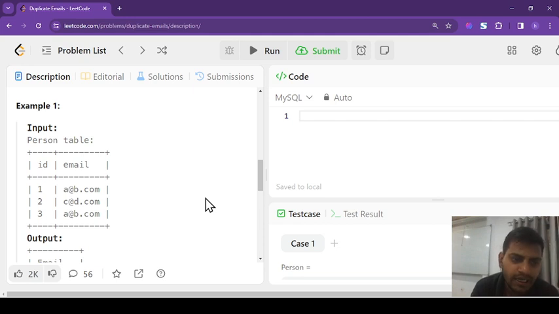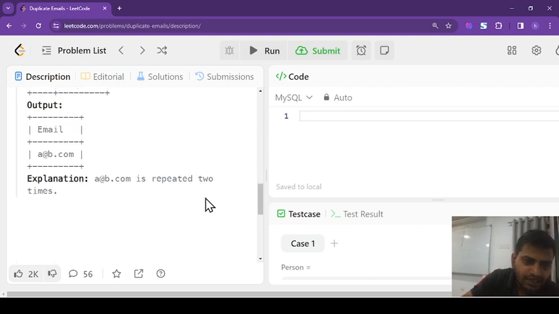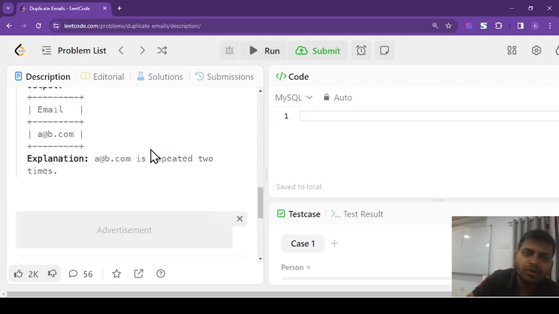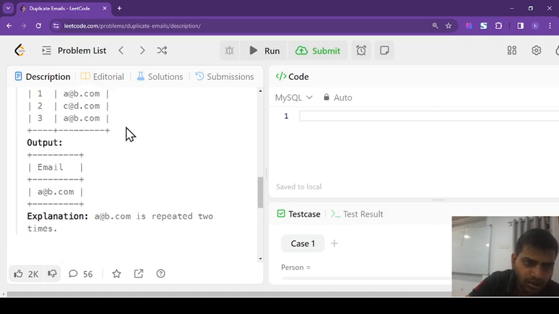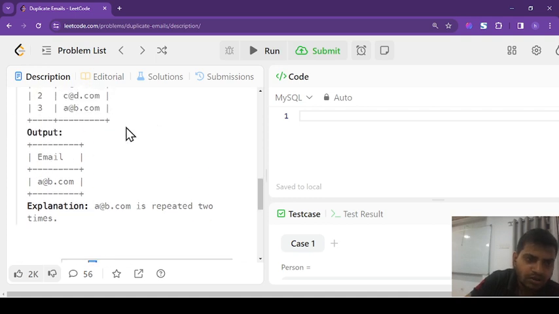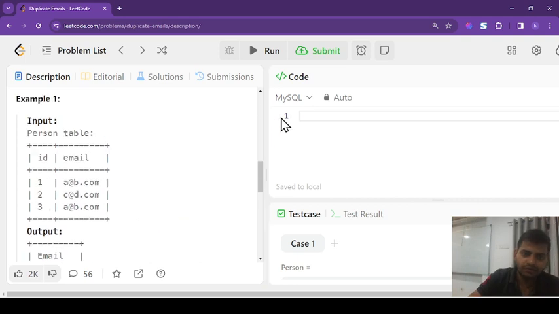They are coming more than once. We have to find this kind of email using an SQL query. Once you write the correct query, you will get this kind of output. So a@b.com is repeated twice. Let's see what query we will write for that.